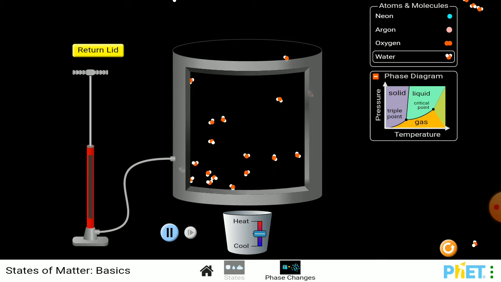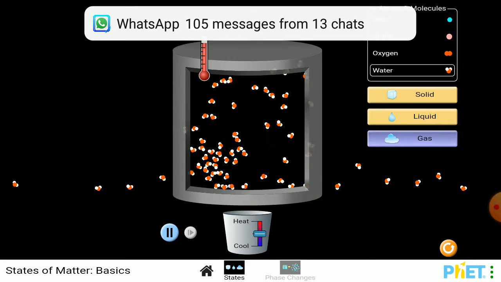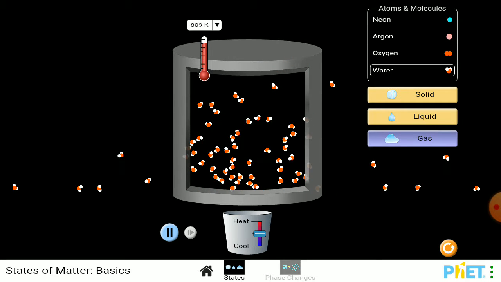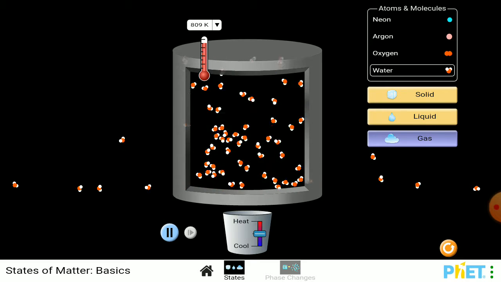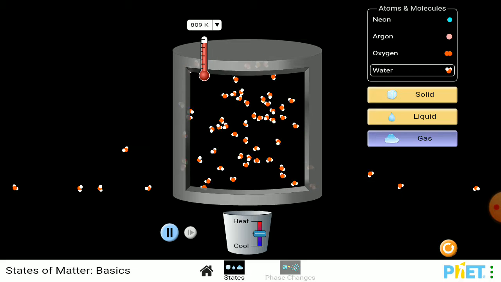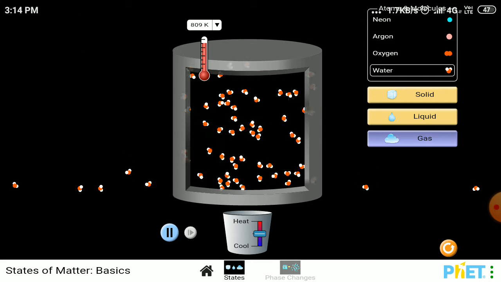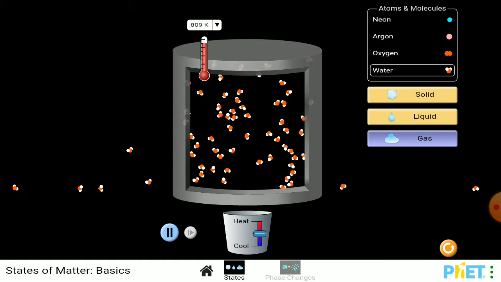So this experiment you can do. This whole thing I have told you about states and phase changes easily. State of matter basics we are ending here. For more, you can watch our next video, which is on state of matter only, not basics, because these were the basics. In the next video we will discuss some more things. So I'm coming with the next video.